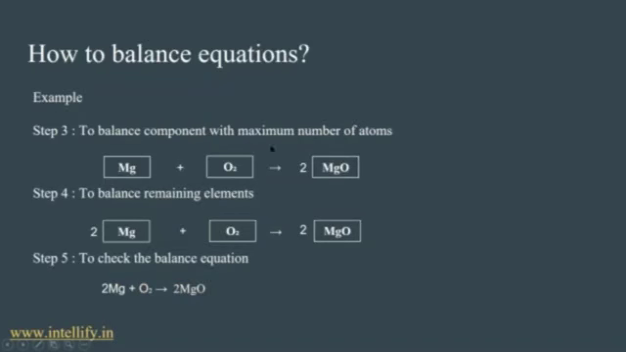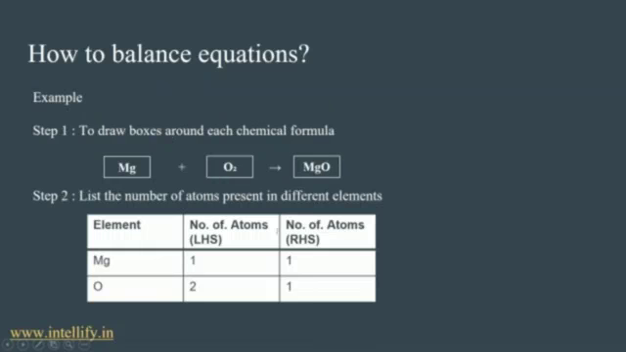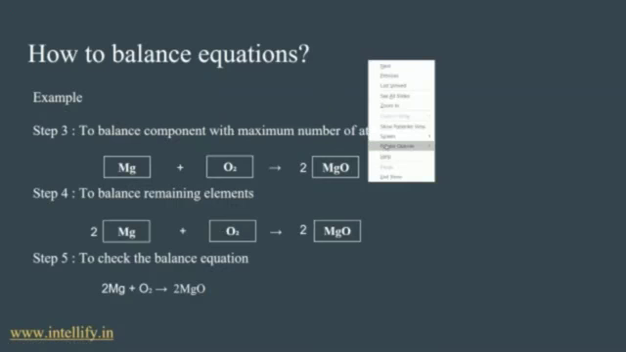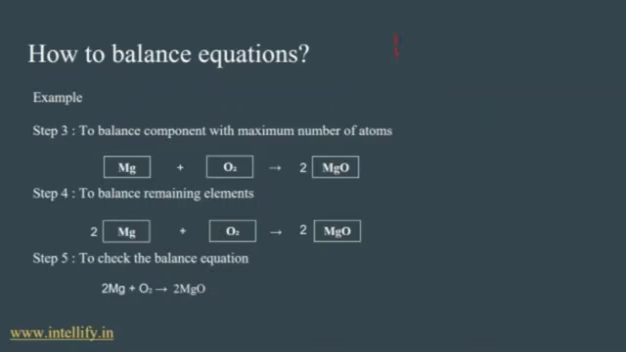The next step is to balance the component with the maximum number of atoms. If you see here, the maximum number of atoms is on the left hand side of the equation, with O having two atoms. So first we are going to balance this component only. Let me explain with a pen. Initially, on the left hand side you have two atoms. Am I right? So on the right hand side, what you are going to do is add 2, that is, 2 into 1 will give you, since one atom of O is present on the right hand side, 2 times